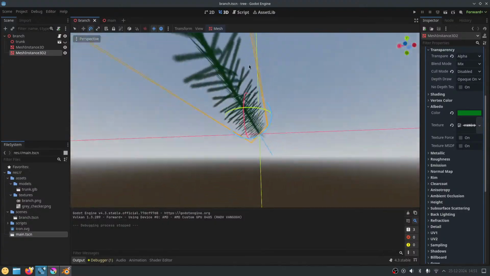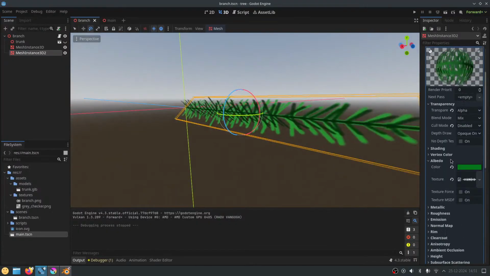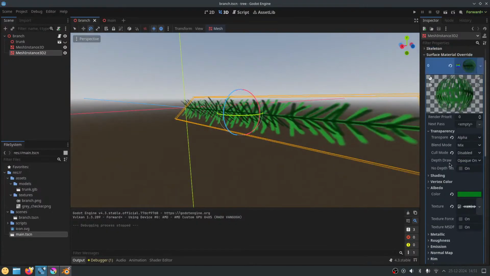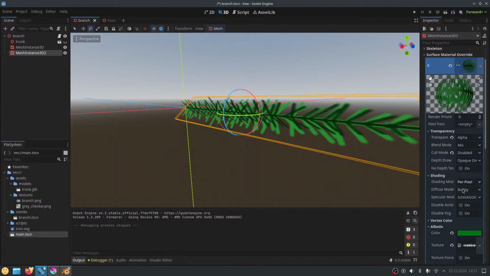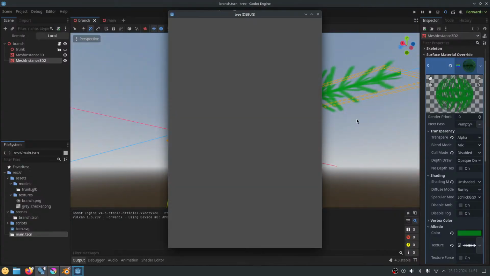So we probably... How are we gonna fix that? We can add in that backlighting. Let's open to unshaded for now, see if that fixes. And